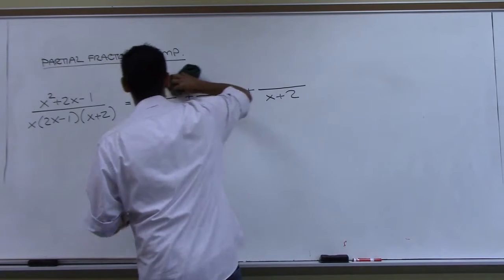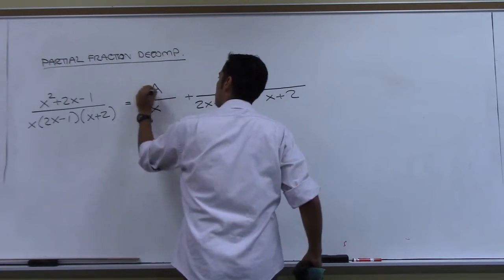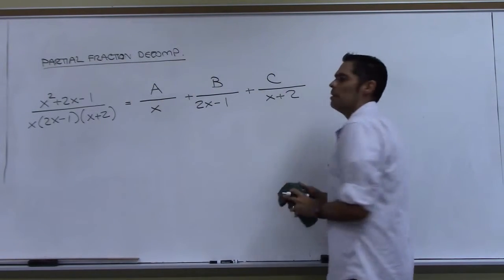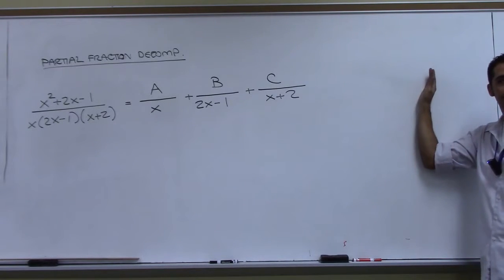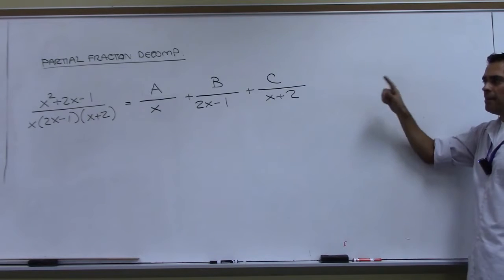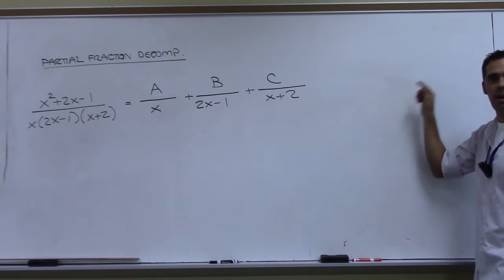But for this class, A, B, and C are going to work. The highest we'll ever go is E, maybe F. So we might have A, B, C, D, E, F to figure out, but